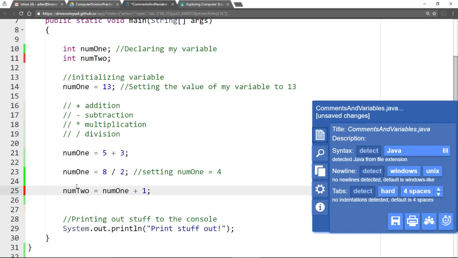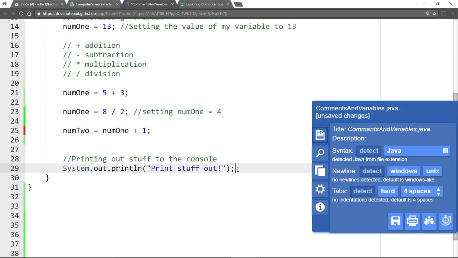What is now going to be the value of num2? Well, num1 we just found has the value of 4 in it. So I'm just going to say, all right, well, num1 has 4 in it. I'm going to add 1 to it. That means this side of the equal sign is 5. So I'm going to set num2 to be equal to 5. Cool. Now at this point, all I'm going to do is just finish up this program and try to run